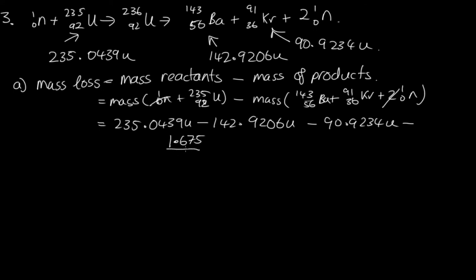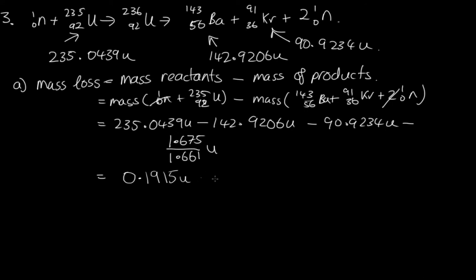To get that into atomic mass units, we need to divide it by one atomic mass unit, which is 1.661 times 10 to the minus 27 kilograms. So the 10 to the minus 27 will cancel each other out. And then solving this on the calculator, we end up with 0.01915